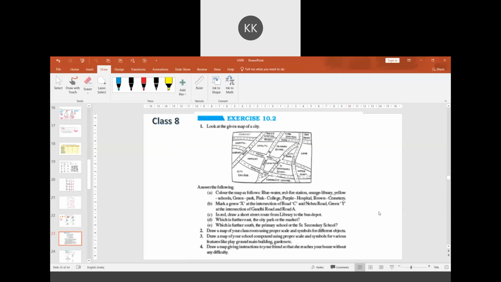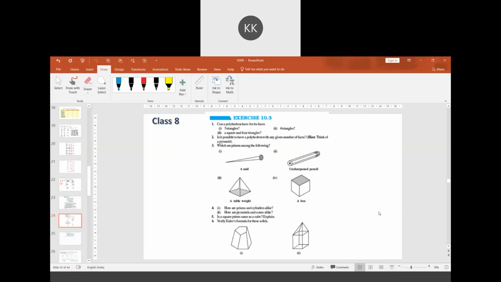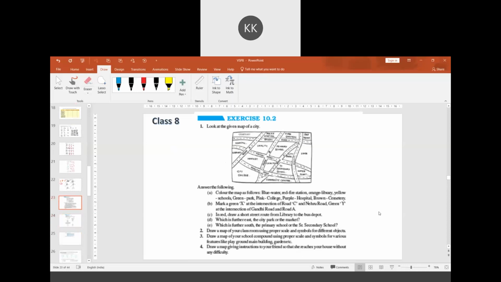Better we skip this question and make the outlines of the map of our classroom. Outline only they are asking. You cannot make it 3D. Don't make it 3D one. You can make a 2-dimensional figure. We can draw the top view of our class. It looks like a rectangle or more like a square. There are two classrooms which are wider, so it looks like a proper rectangle. In other classrooms, it looks like a square.